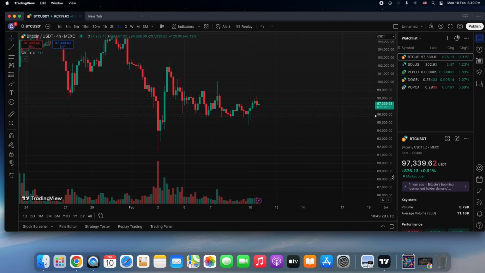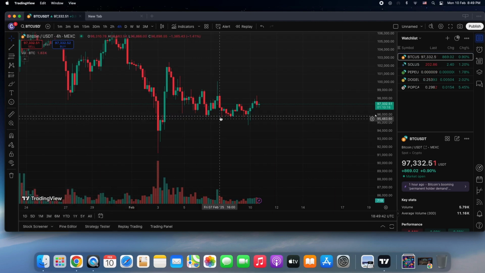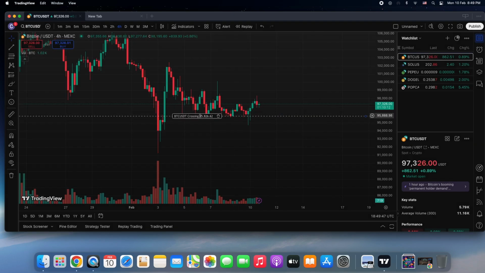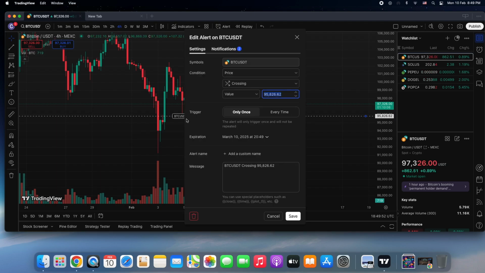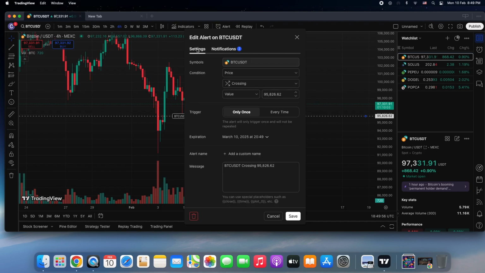And when you do that, you will see a dotted line, and if you go with your mouse above, it says when BTC crosses this price, it will give you a sound. If you want to hear the sound, you can press again here, you can double click, you can go on the notifications tab, on settings, and let me